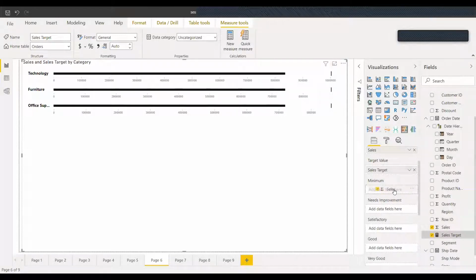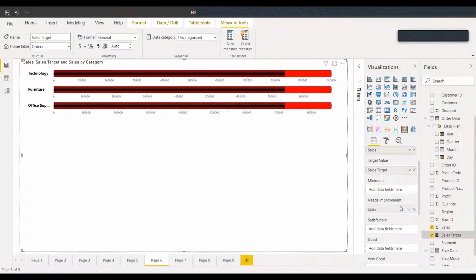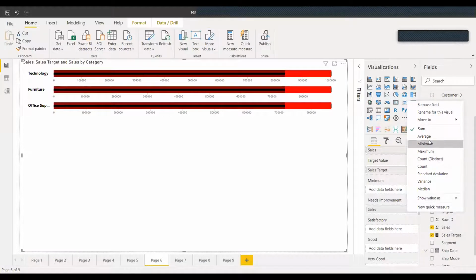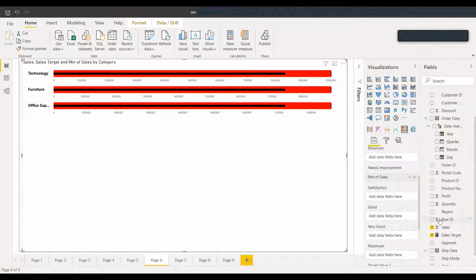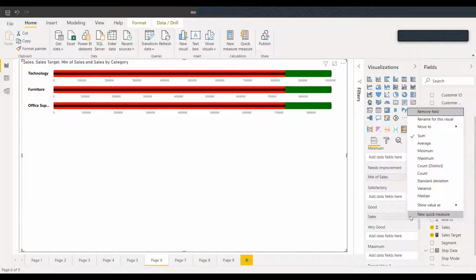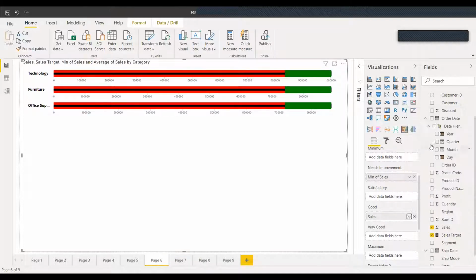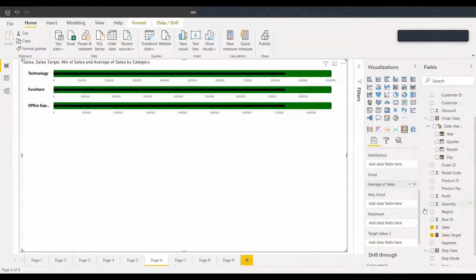For the time being, let's say for need improvement I'm using the minimum, and for good, let's say I will take the average. Our average is greater than our minimum, so that's why it turned green, and our minimum has moved to almost 0. And if I talk about maximum,